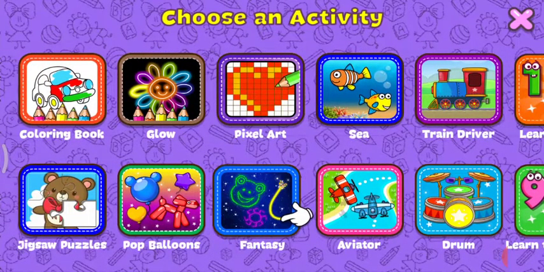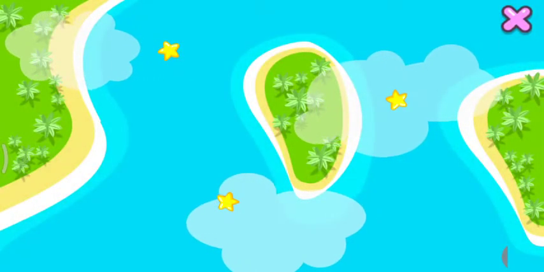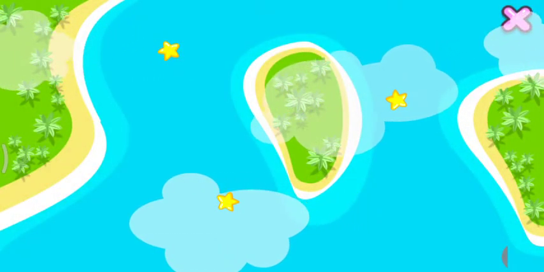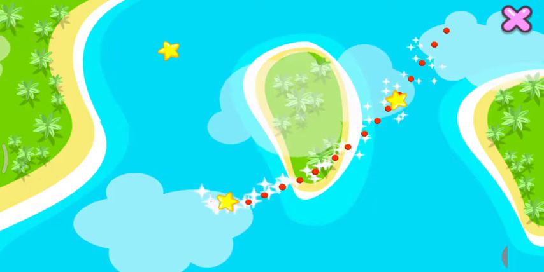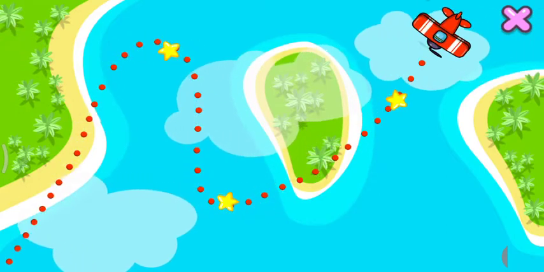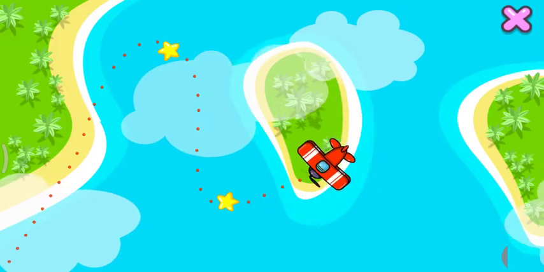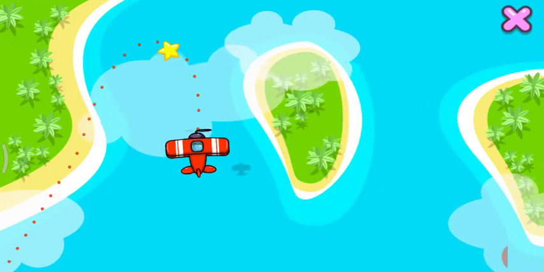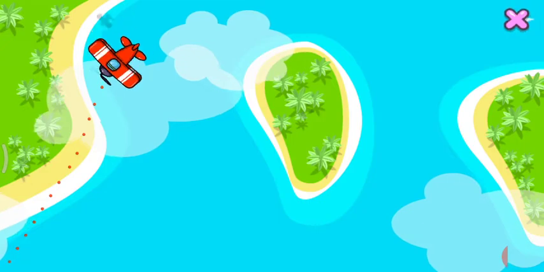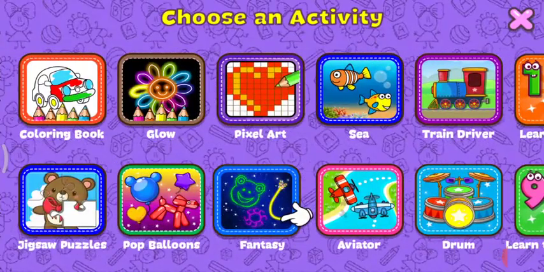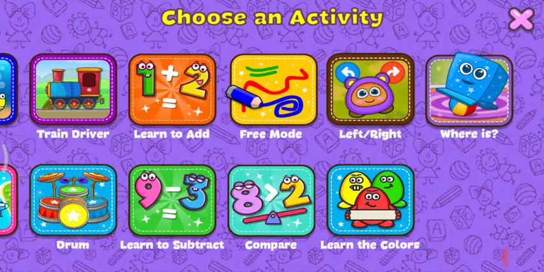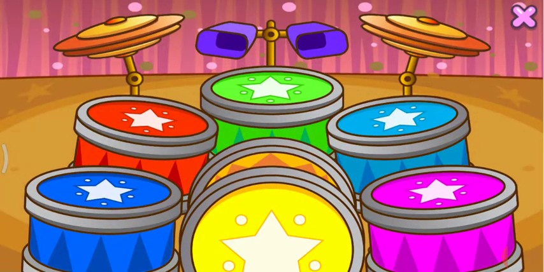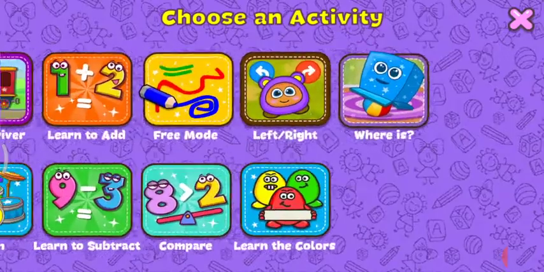Aviator. Here you are going to get practice on clicking and dragging. By clicking and dragging, you are going to create a new aviator. Is that clear, children? Clicking and dragging. Let's close and come out from the screen. We'll move on to the next one. Drum. Here also you are going to get practice on clicking. Use both hands and learn the music by clicking, children. Move on to the next one.